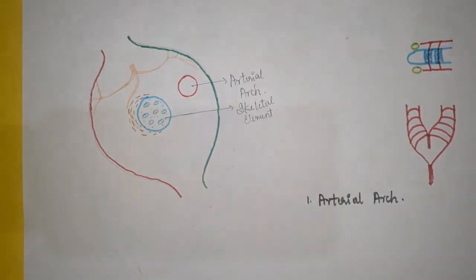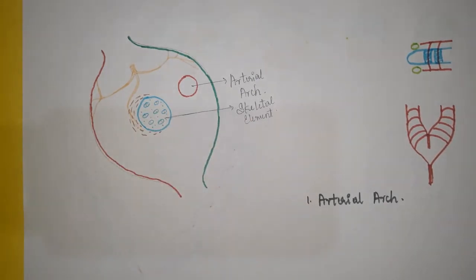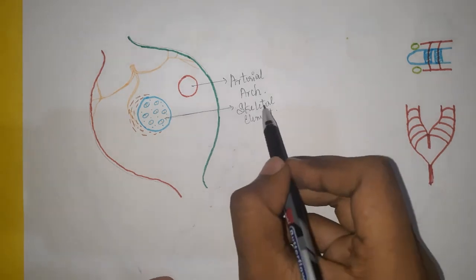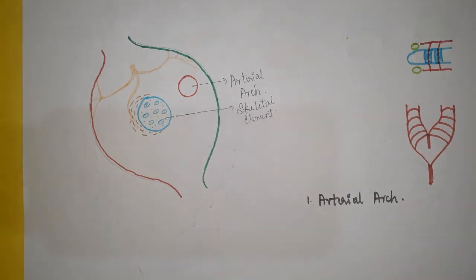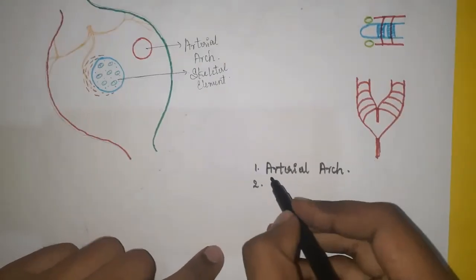This is the cartilage. During the course of development, this cartilage may convert into a bone or remain as cartilage, or become a tendon, or it may disappear. Okay, there are four possibilities. The skeletal element can be converted into bone, remain as cartilage, form a tendon, or disappear. Second element is completed. What is the second element? Skeletal element.